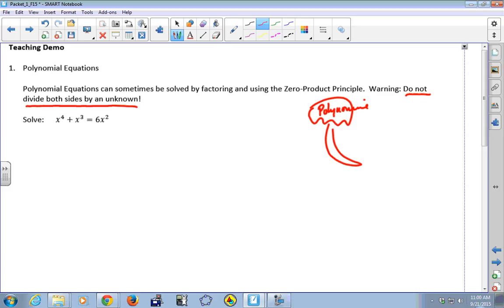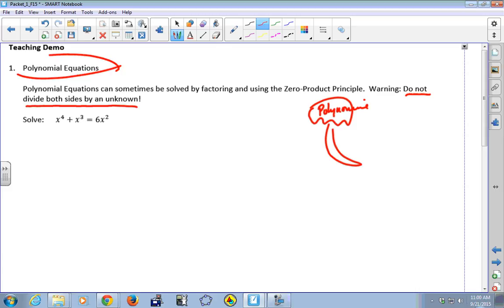After that, we just throw them in the category of polynomial, but they're all polynomial equations. So the idea here is you're going to borrow strategies. Everything we do today, we're going to borrow strategies from both solving quadratic equations and linear equations, and we're going to make combinations of those strategies. So here, when you see a polynomial equation, you first have to identify that that's what you have. So anytime you see an equation with higher powers other than 1 and 2, you know it comes under this